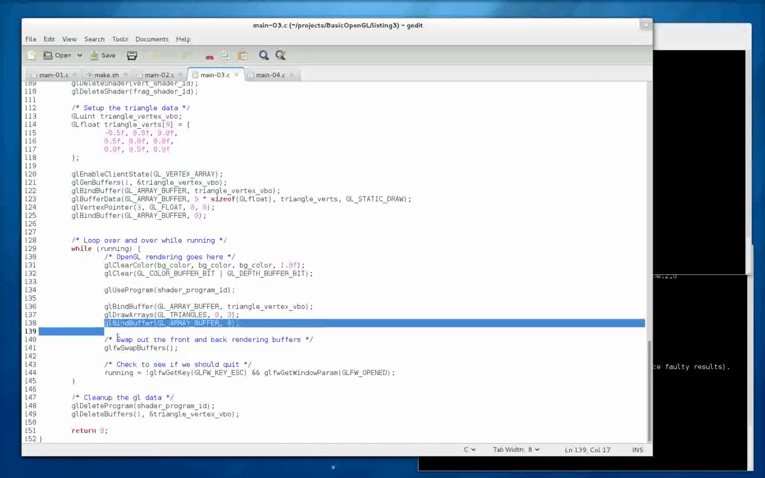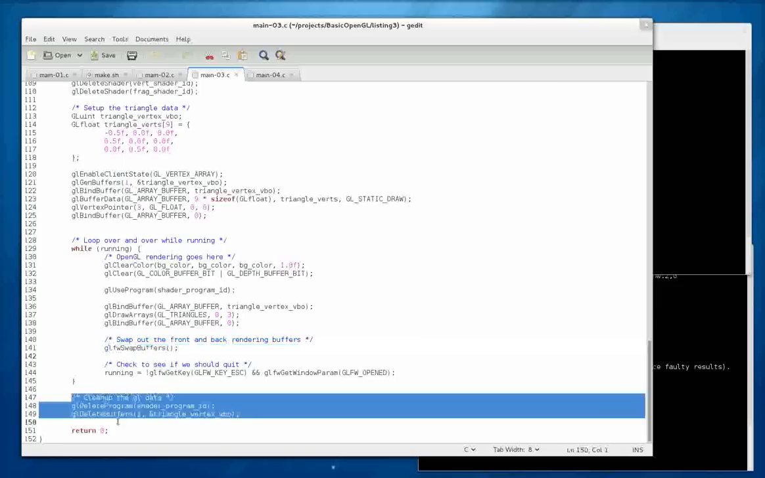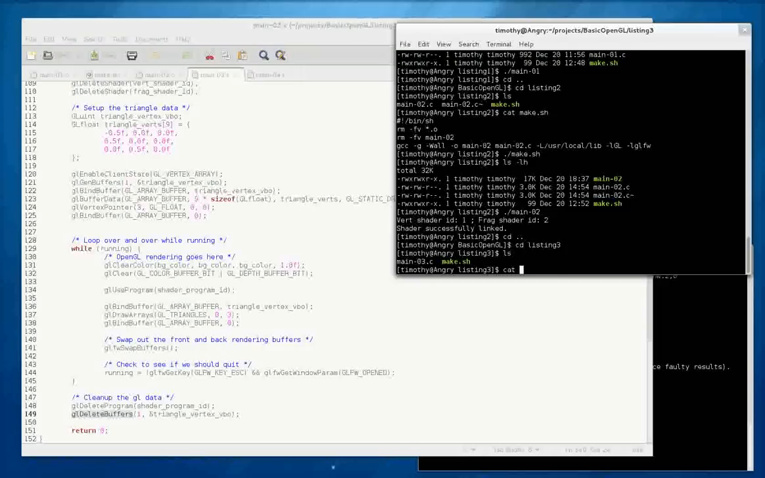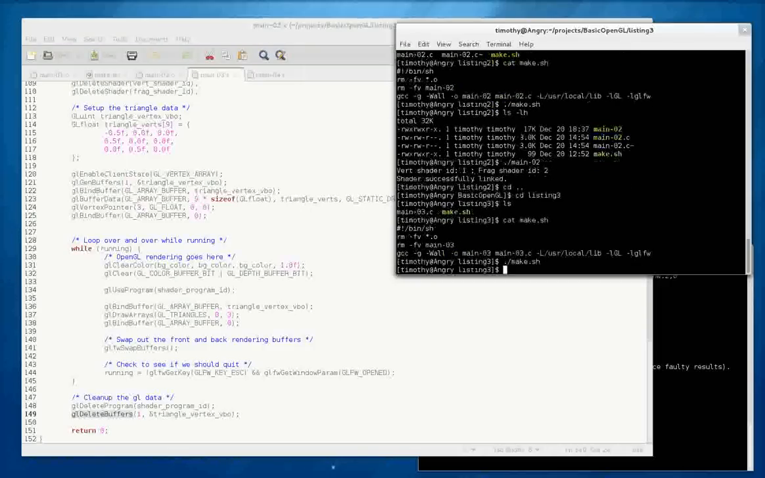And the rest of that is the same. We swap the buffer so we show our progress, so we see if we need to quit. Then down here we just tidy up. We delete the shader program and we delete the buffer that we made. So let's go through, and you'll see that the makefile is still basically the same, just change the number, compile things,